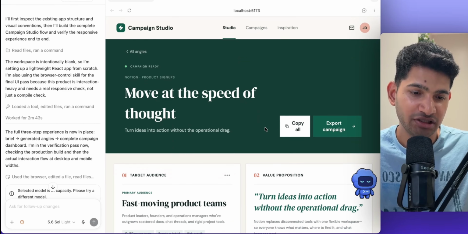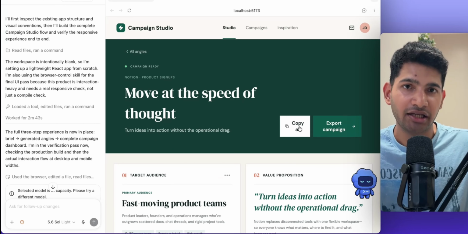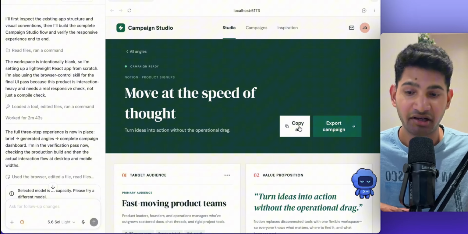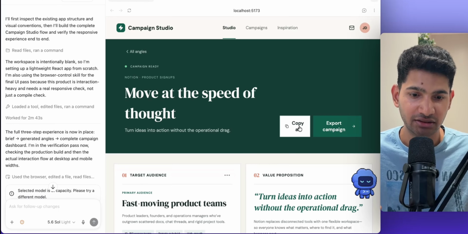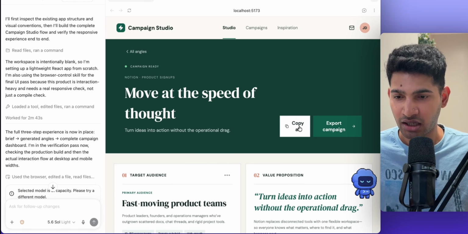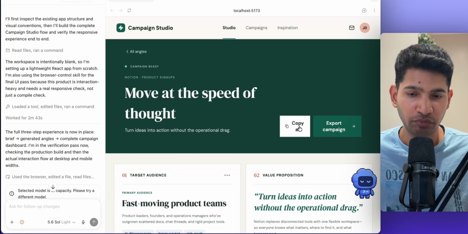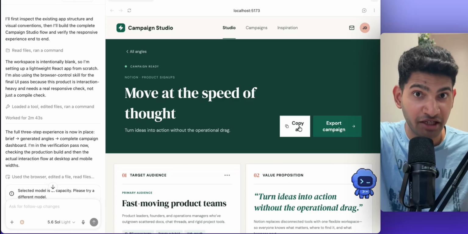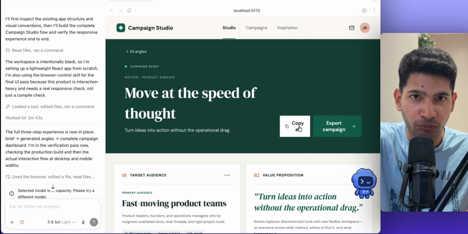So we have roughly everything, and we have got a 7-day content calendar. Now what I can do is directly copy this and use this in my marketing material. So this is one important use case which I want you guys to test, and I think as a marketer you should definitely be testing this, especially this year, by the way, so that you will be able to become a top 1% marketer.